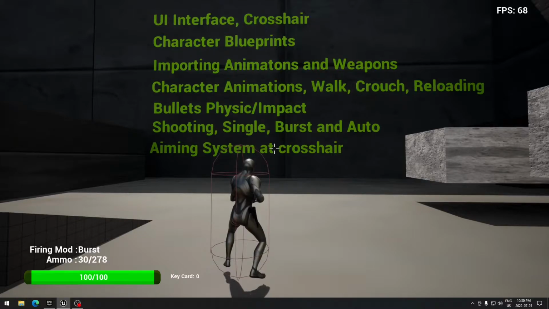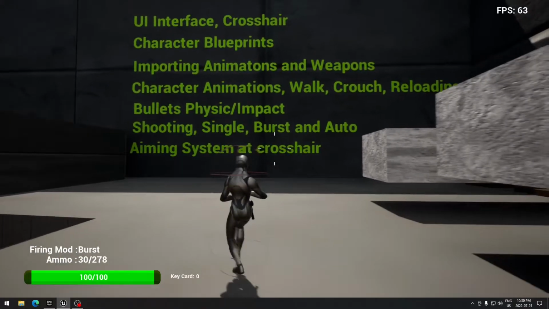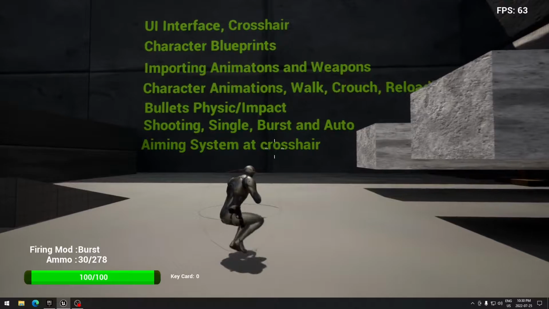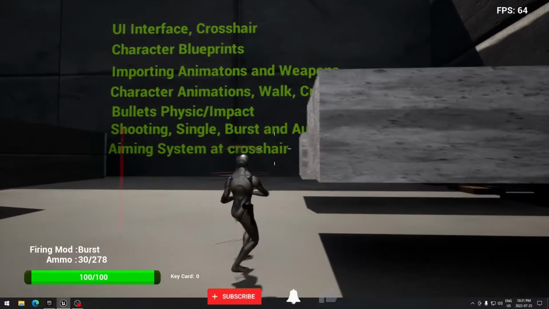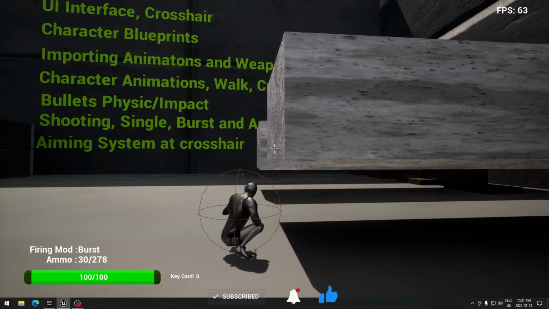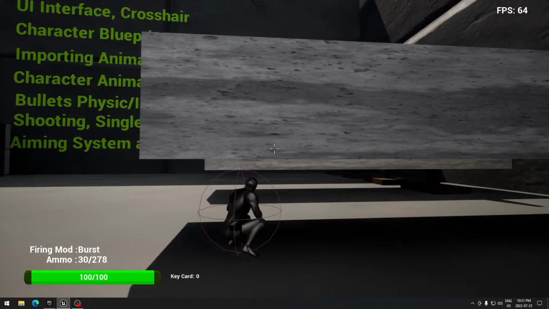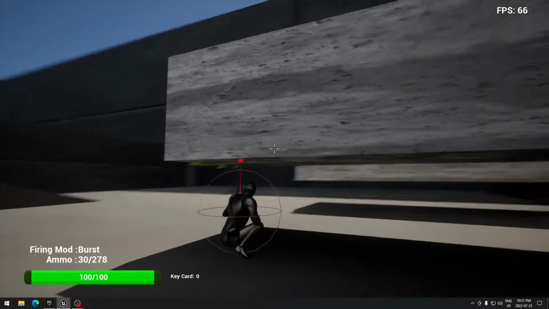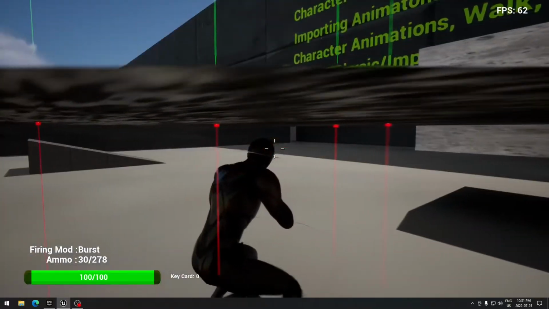We're gonna import some animations and weapons, so we can use that to walk in each direction, and we're gonna do the same thing when we're crouching. We're gonna play with a capsule component, so when we want to go under an object, the capsule component is gonna follow the animation, so we will be able to go under. When we're under an object, we're gonna use line trace to see if we can go back up or not,